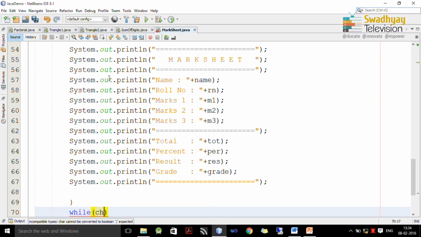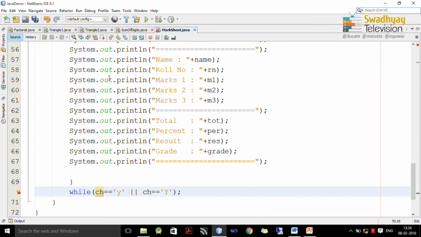But what is the while condition? ch is equal to y, or ch is equal to capital Y. So, for the value of ch, Y small or capital, this loop will be repeated,